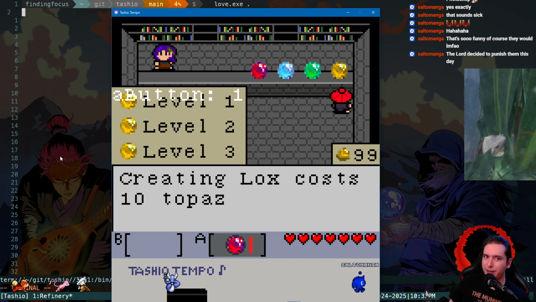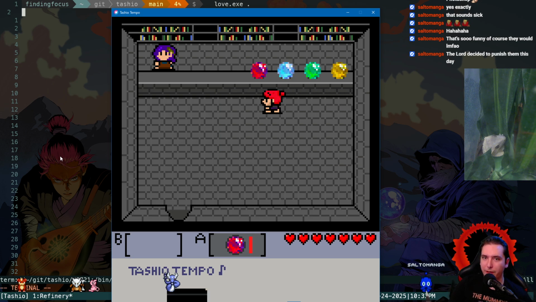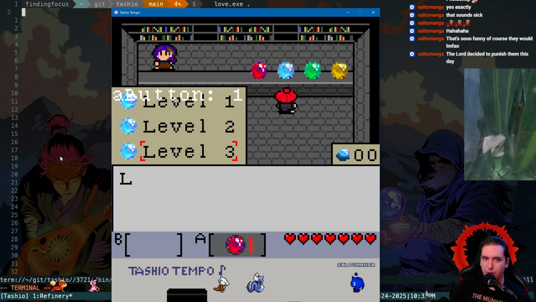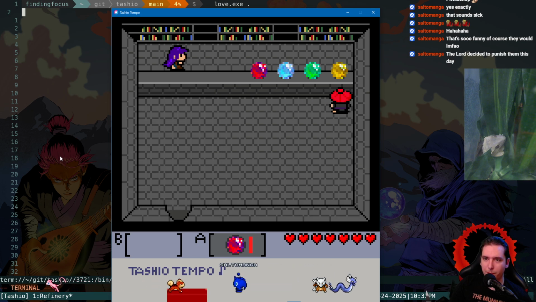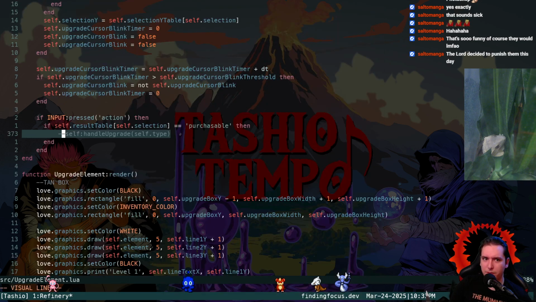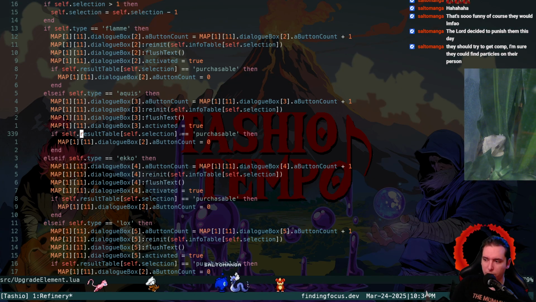Okay, so our button count is wrong still. It's only right here on a llama. So if it's purchasable... Oh my gosh, dude, this is the weirdest of bugs. Because our button count should be 0 here because in our upgrade element, as we cycle through...